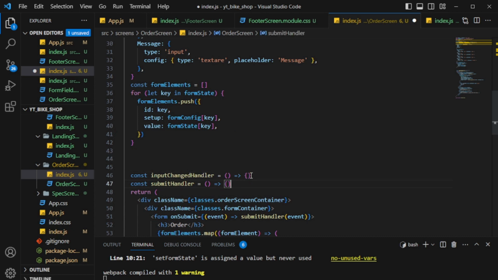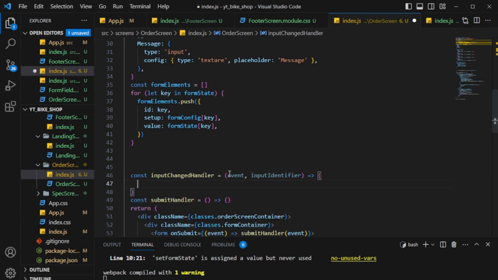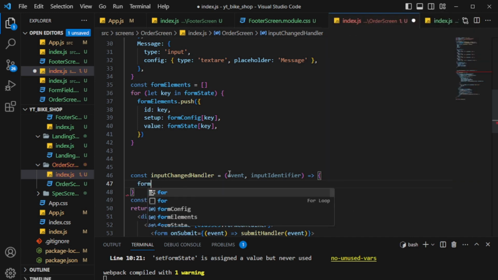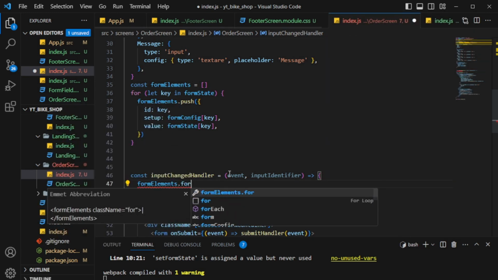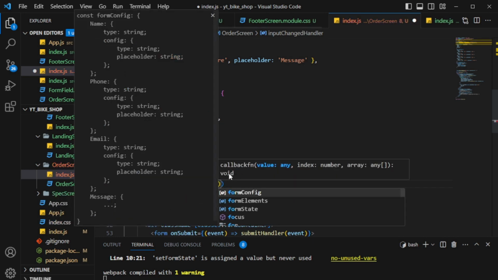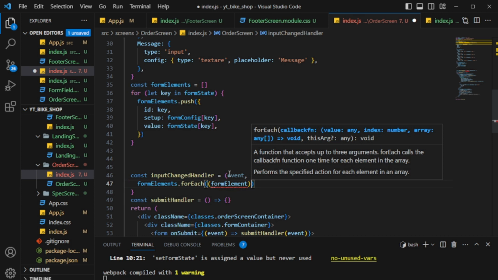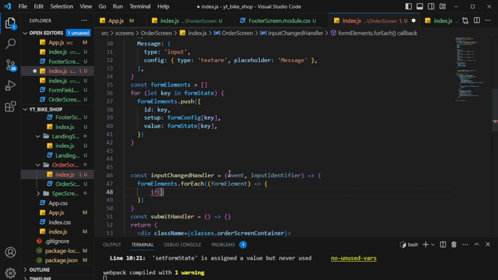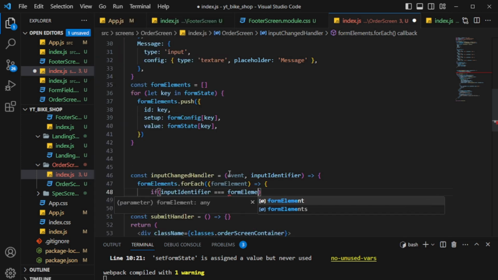And the input change handler, to switch the line that, or to move the current line that you're on, one down or one up, you use Alt and the arrow key in which direction you're trying to move it. So we'll declare the input change handler first. That will need an event passed in as well as an input identifier. And we will run through the form elements with a for each. The individual item will be named form element, and for each one we'll run an if check. If the input identifier is equal to the current form element .id,